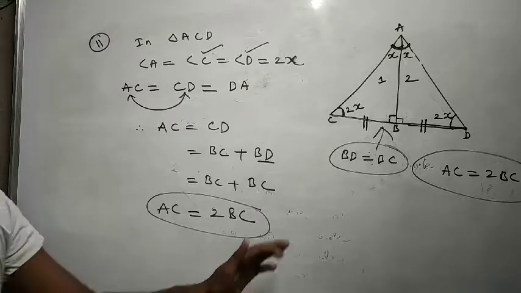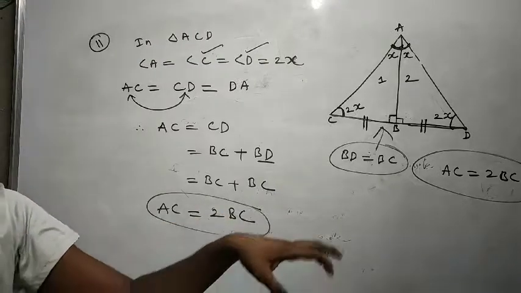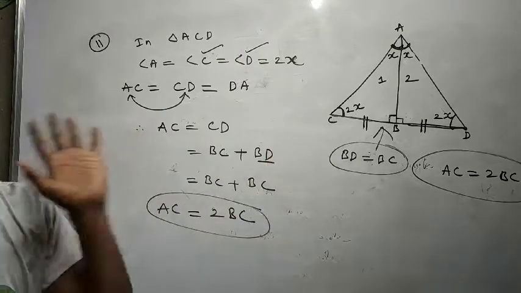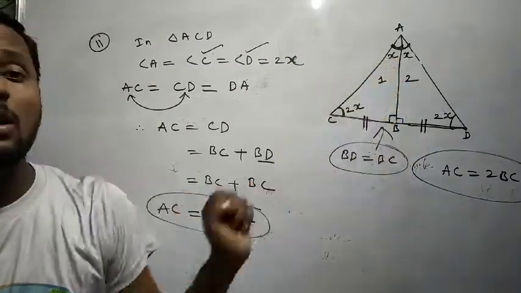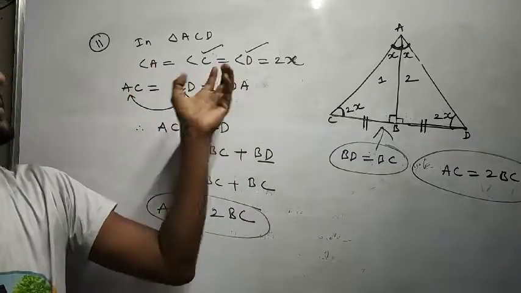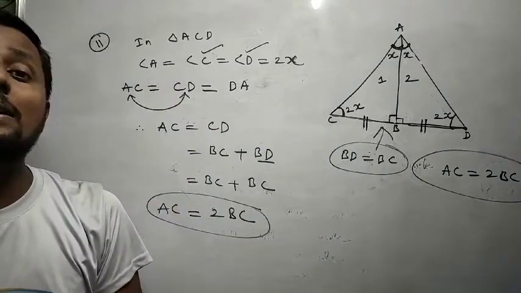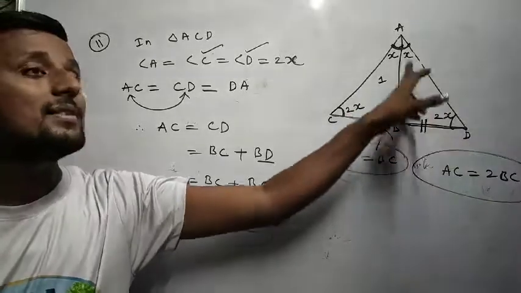Understanding congruence problems is a little hard, but if you understand how to use the congruence rules in the diagrams, then it gets very easy. I hope you focus more on the 11th problem, that means this problem. Focus on it more and try to understand what concepts I used here. I used the SAS rule, and later I said that if three angles are equal, the three sides are also equal. If three sides of a triangle are equal, the triangle is called an equilateral triangle, and in an equilateral triangle, each angle is 60 degrees.